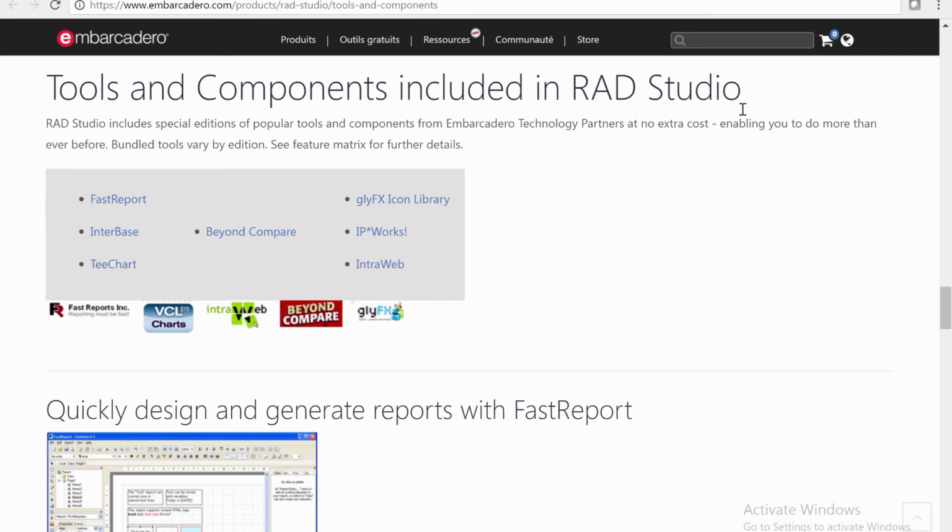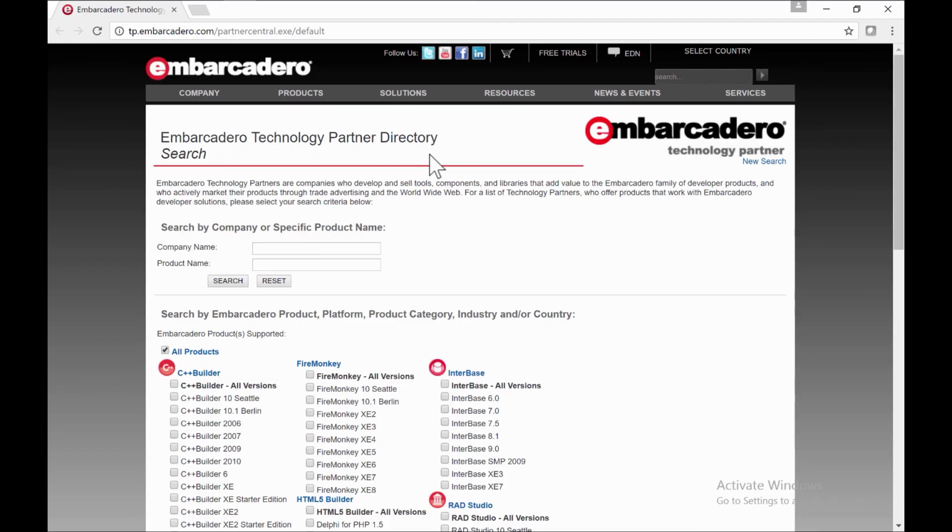So it's possible that one of your legacy third-party components or libraries could be replaced by one of the included components in the new Delphi 10.1 Berlin. Next, you can search all tools and components on the Embarcadero Technology Partner Directory website. Here, you can find all the tools and components that have a version for the current Delphi 10.1 Berlin or